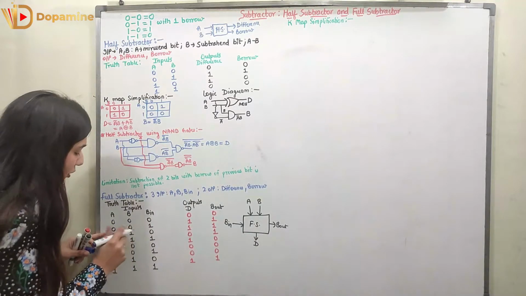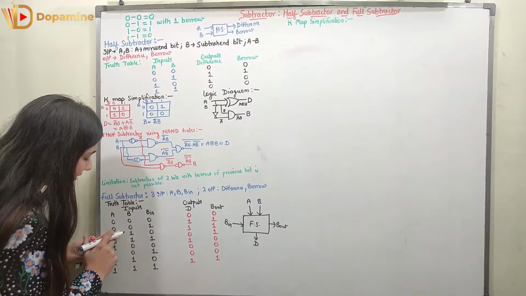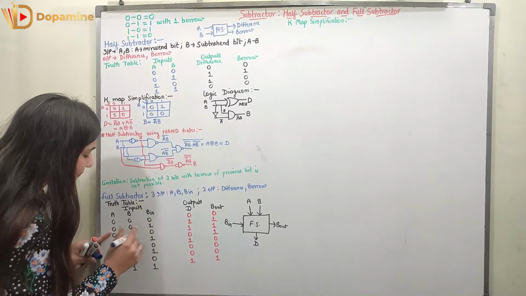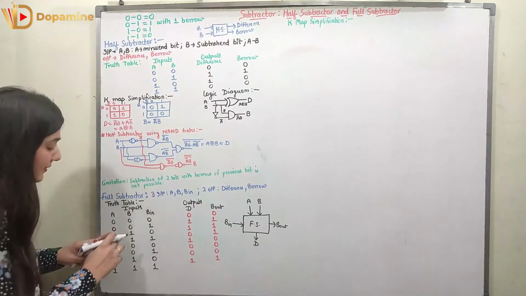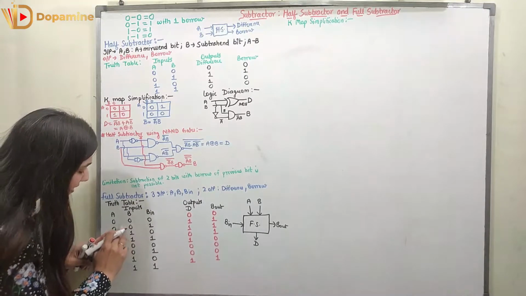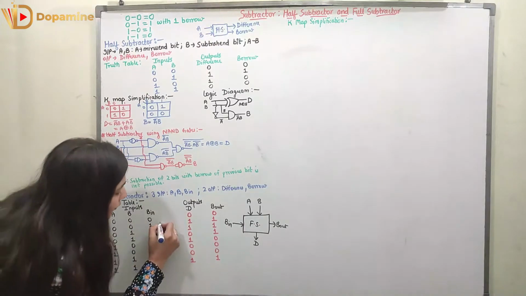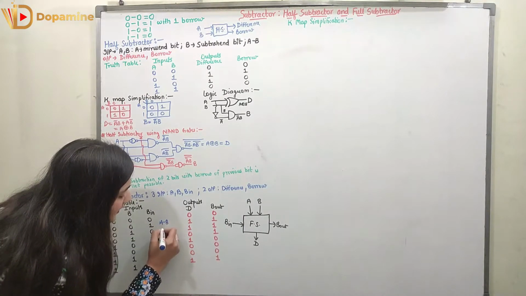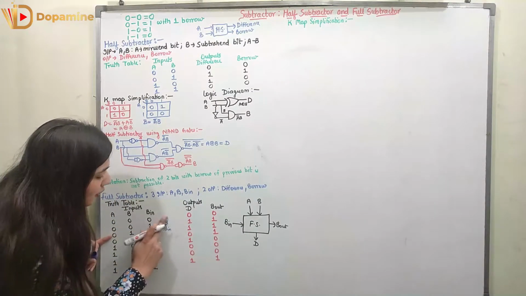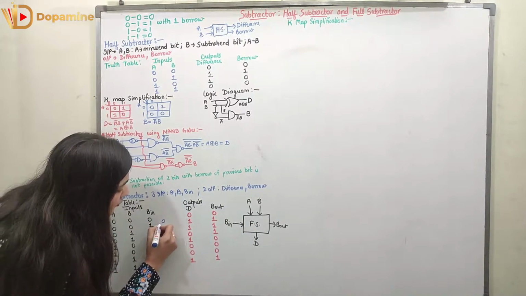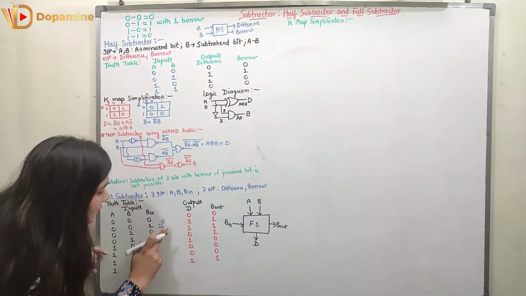So the previous borrow can be represented over here, and I will subtract the 1 from A. How am I going to deal with it? I subtract B from A, and I subtract B in from the result. So I am going to get A minus B, and from the result I am going to subtract B in. So A minus B over here is 0, and 0 minus B in, 0 minus 1, will give me borrow as 1 and difference as 1, that I know.